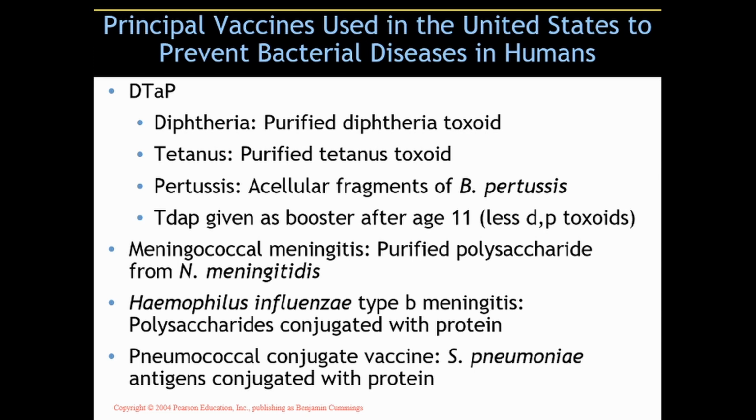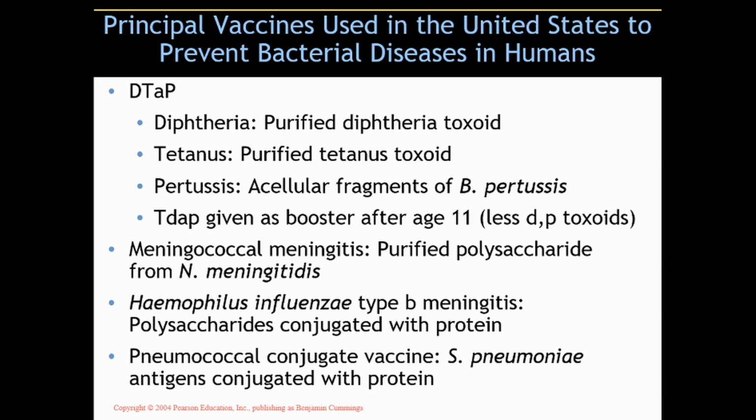So how is this concoction made up? The diphtheria part is a purified diphtheria toxoid. If a word ends in the suffix oid, it means it's like the root word, so this is like the diphtheria toxin. The same with tetanus: purified tetanus toxoid. It's like the tetanus toxin, but it is not. It's a neutralized toxin. Obviously, you're not going to give the toxin because that could create major problems. So it's a neutralized toxin of those two in particular, diphtheria and tetanus.